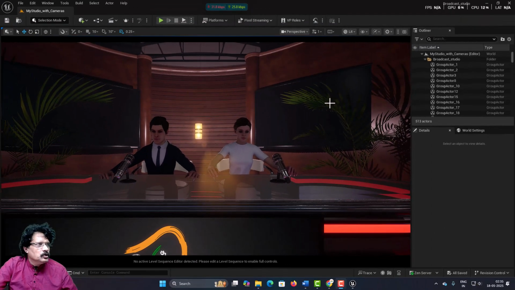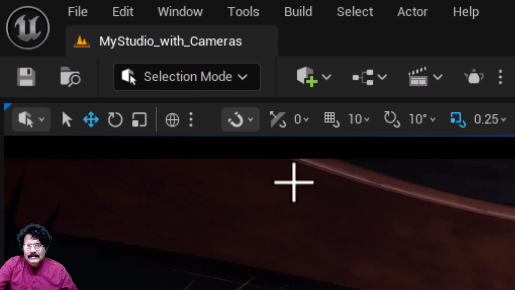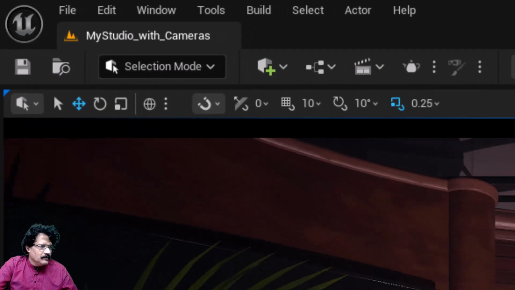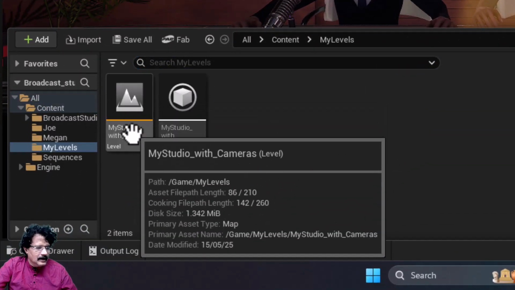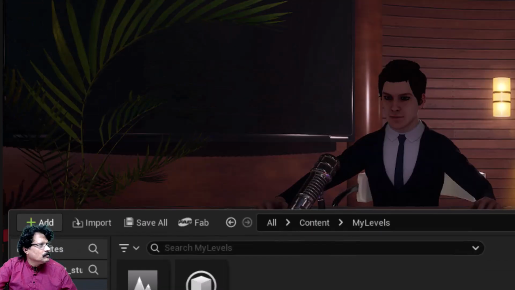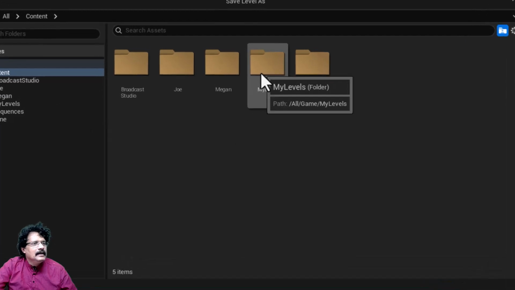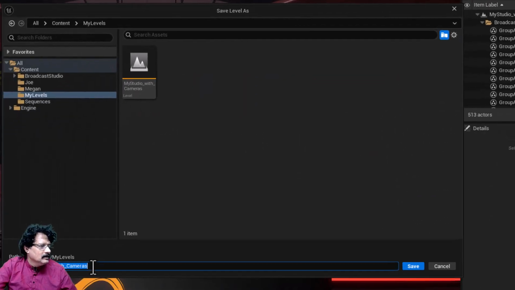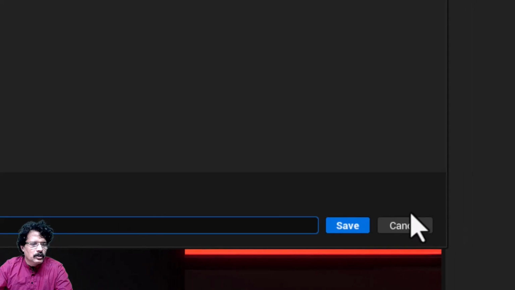Okay, now once you launch it, we have opened our My Studio with cameras level. It opens with this level, and if it is not open, you can come to the content drawer, My Levels, and double click here and open it. Now first I will save this as a new level. For that I will come into File, Save Current Level As, and in Content and in the My Levels folder, I will give it the name My Studio _ camera settings, and I am going to click on the